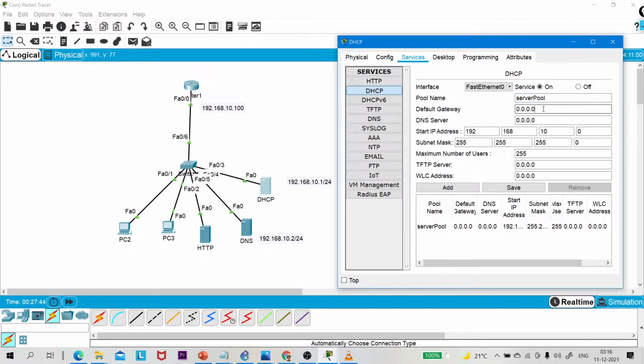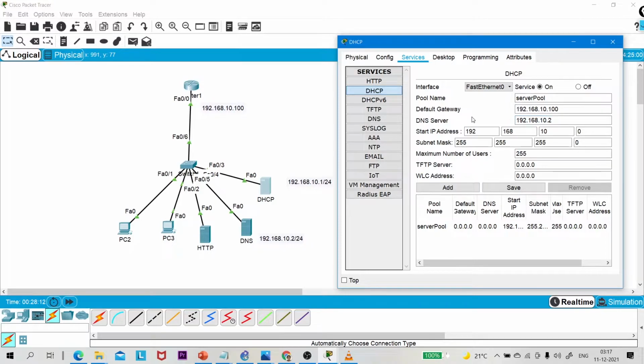Okay. Now the default gateway IP address will be 192.168.10.100, right? The DHCP server also provides the default gateway to the machine. Okay. And the DHCP server will also provide the DNS IP address. So the DNS IP address is 192.168.10.2, right?